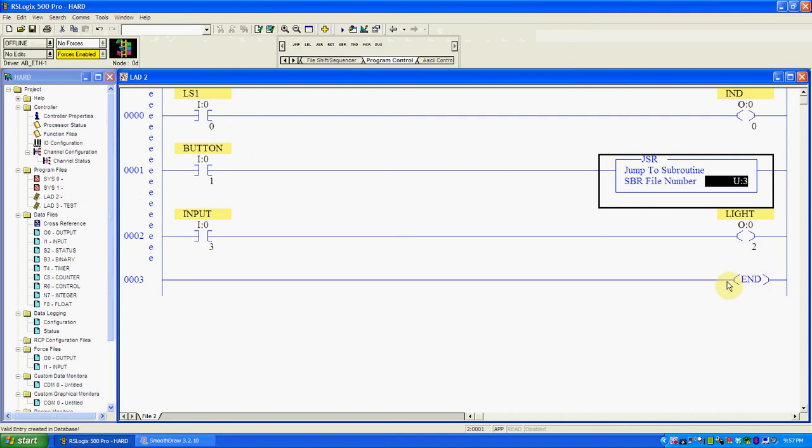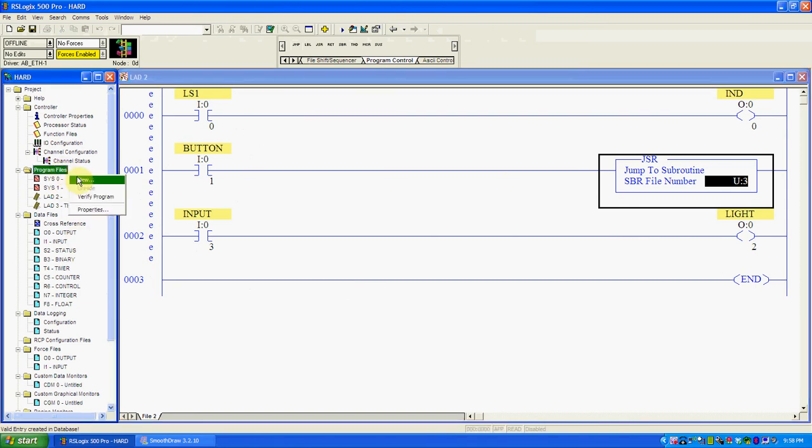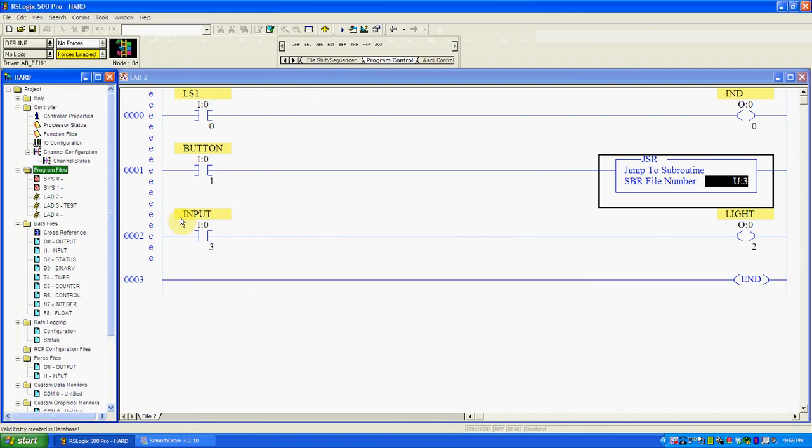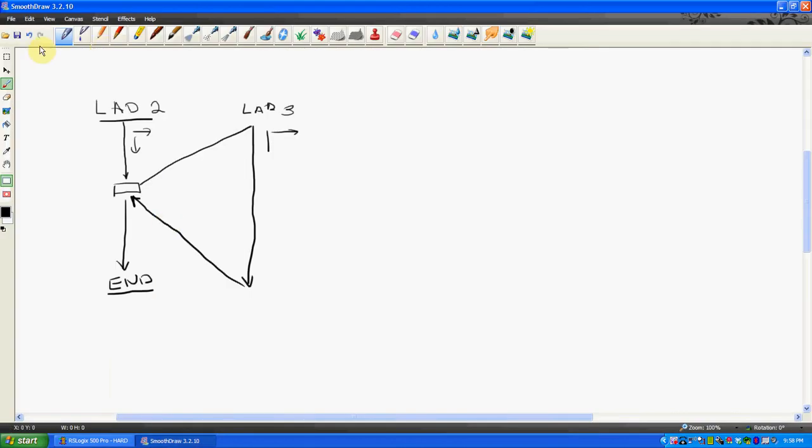And of course, when it sees this end, it'll be satisfied that it started at the top of ladder 2, ended at the bottom of ladder 2, but jumped out and ran this piece of logic in ladder 3. I think it's a pretty simple concept. I could push it out farther and say a ladder 4. I didn't give it a name, but you could have. In essence, there are tricks you can do. Some of the variations of this are,